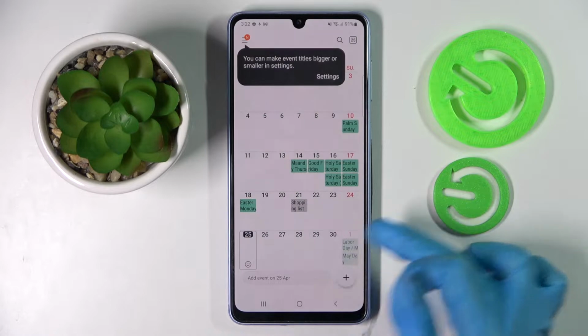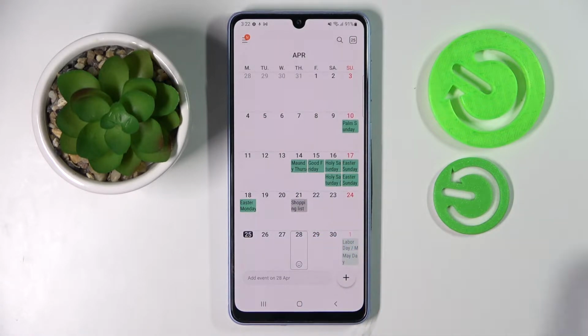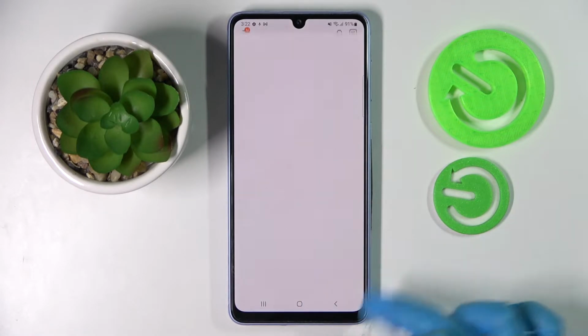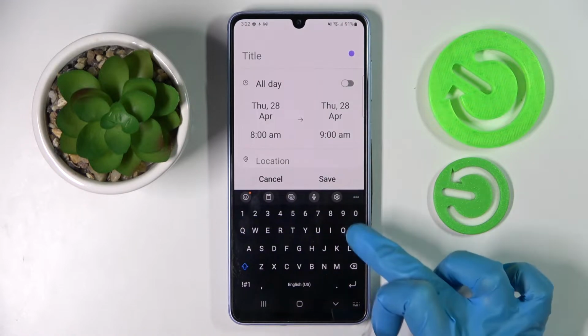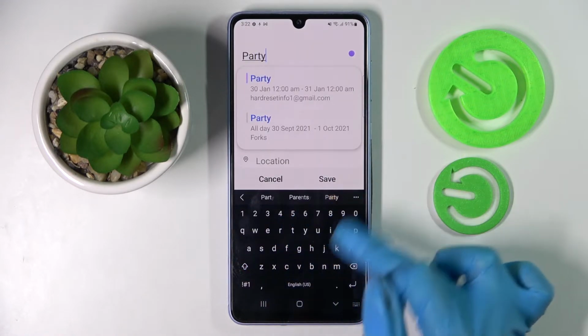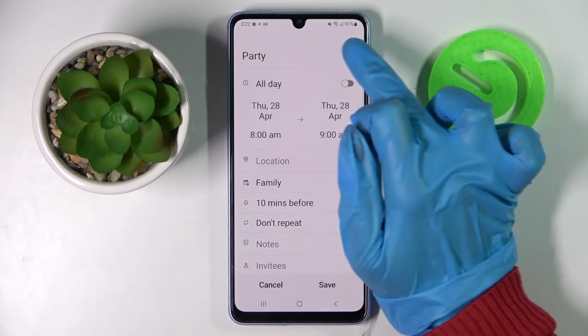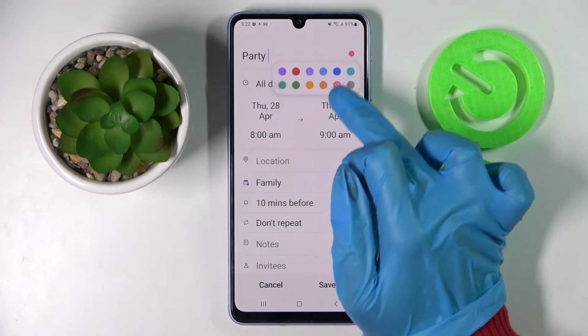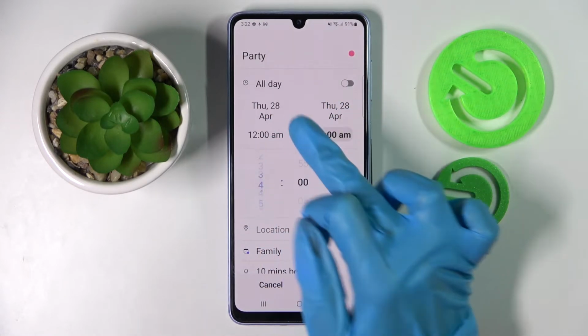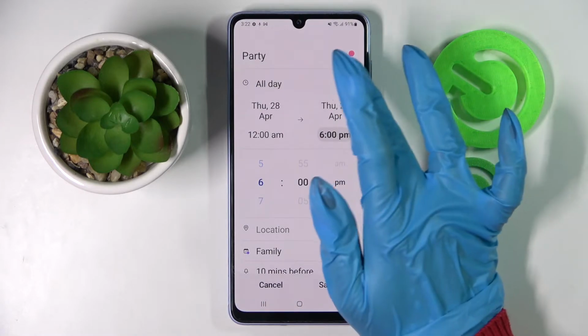Then pick a date by clicking on the chosen one and create event by tapping on this plus icon at the bottom right corner. Then adjust it however you wish to. For example, add a title and change color over here. Then you can select starting hour or ending one, or disable this feature completely by tapping on the switcher next